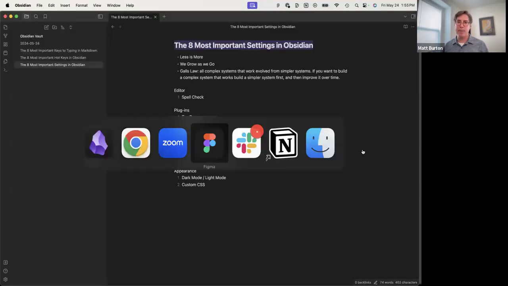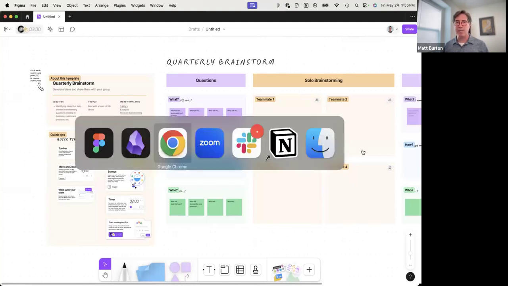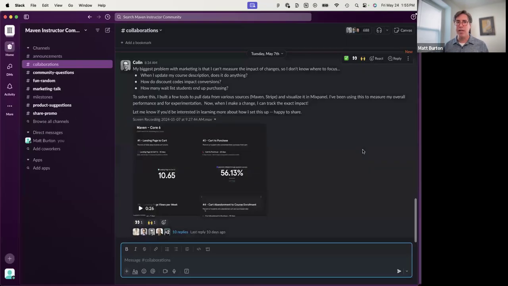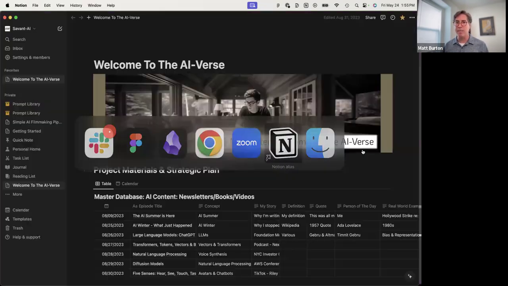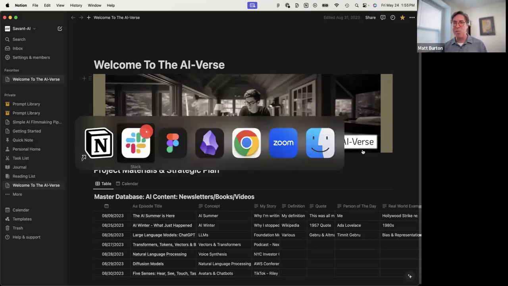You might find that you're sharing ideas through Figma. That's a second brain in a sense. You might find that you're sharing ideas in Slack. So that's a type of second brain, anybody's email system. Notion, I used when I was creating a newsletter. You might have a lot of assets in a newsletter. That's my second brain for a newsletter that I was writing. You might have more than one second brain for more than one kind of purpose or outcome.